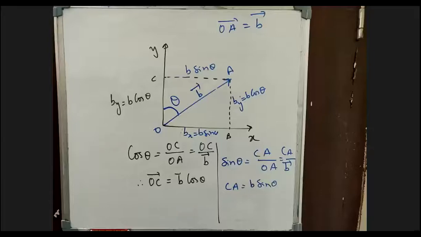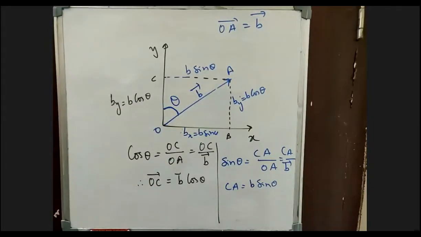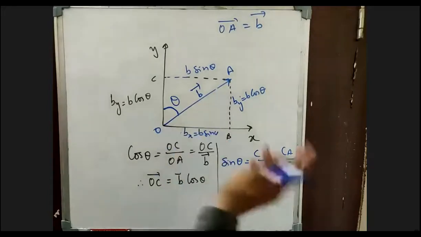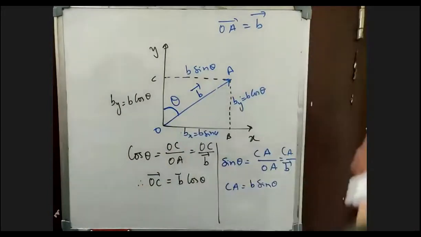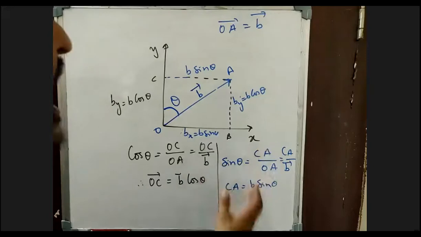When the theta is with the horizontal, how do you take it out? And when theta is with the vertical, how do you take the angle resolution of a vector? I'm trying to resolve the vector only in 2 dimensions. We will do further in 3 dimensions also. So right now, completely understand the vector resolution in 2 dimensions. I hope you got clarity. I'll revise once again.